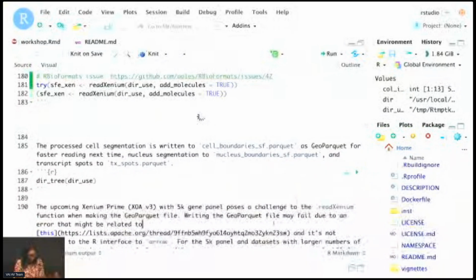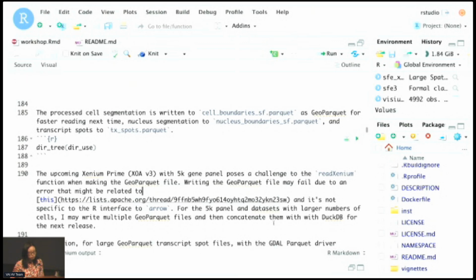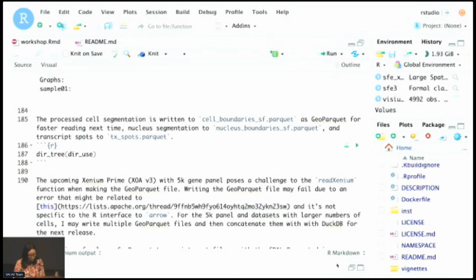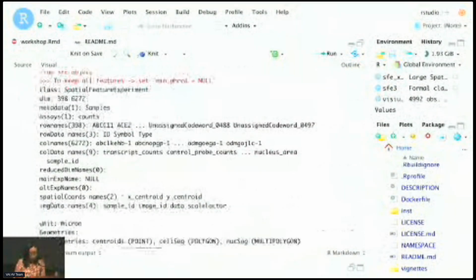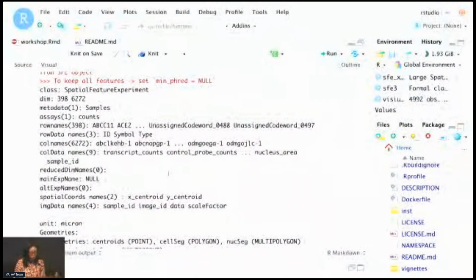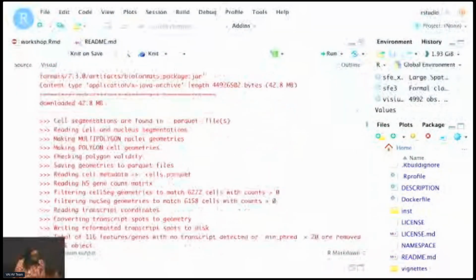While it's installing, basically BioFormats is a Java library that can read a lot of different microscopy file formats. So OME-TIFF, which Xenium uses, but also some commercial proprietary formats like CZI, ND2 and so on. Also Zarr. Okay, so here it's running.